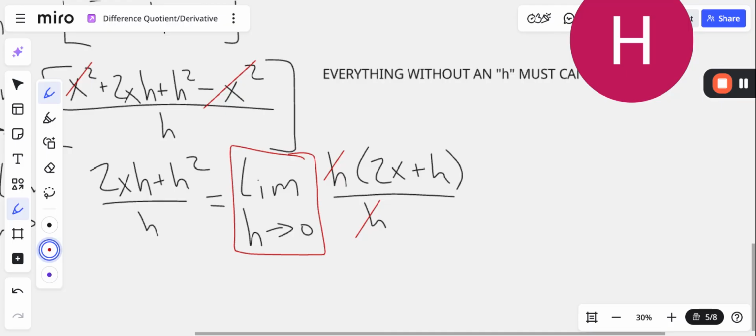I know it looks like it does. I know we're even going to replace h with 0. So you have many reasons to think or suspect that h is equal to 0 here, and therefore that would mean we can't cancel it. However,